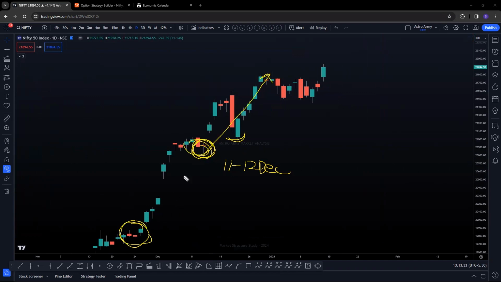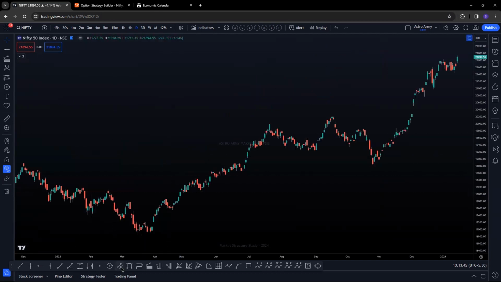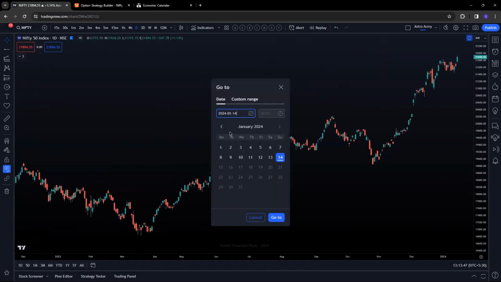So there were 2 points. Now the third point I told you was 11th and 12th Jan, right? We made another swing low, another high. Now the question here is, right? The question here, I've already showed you this chart. What happened last year exactly before your budget? Let me show you again.